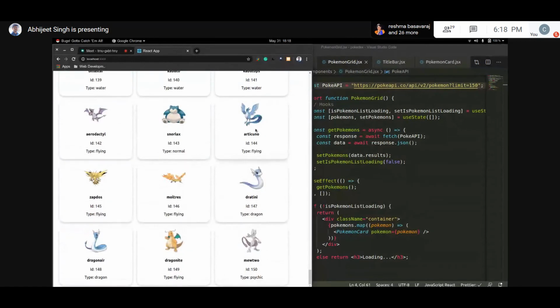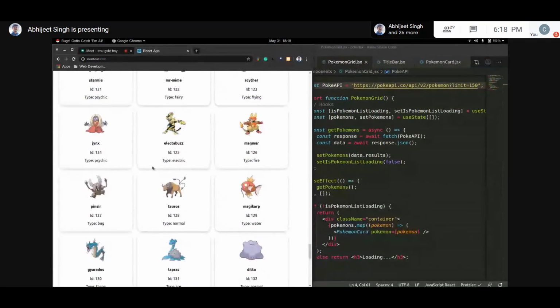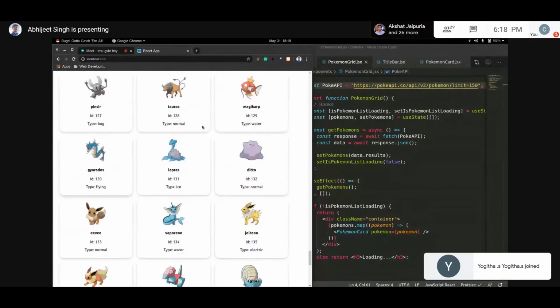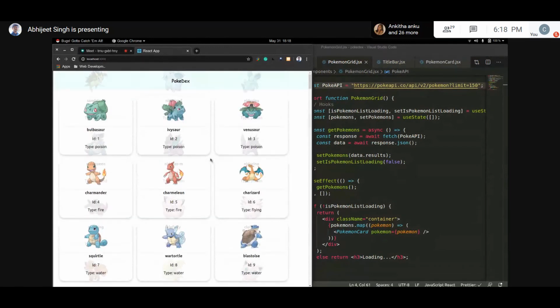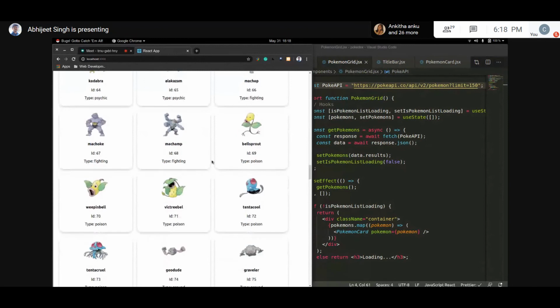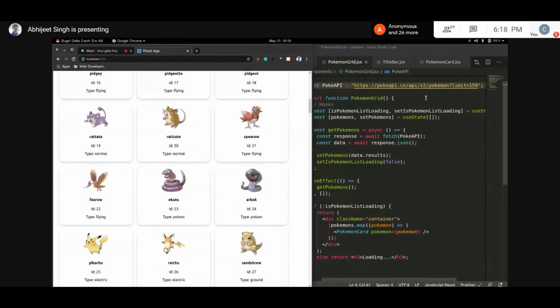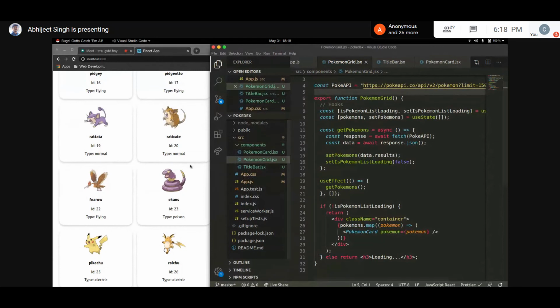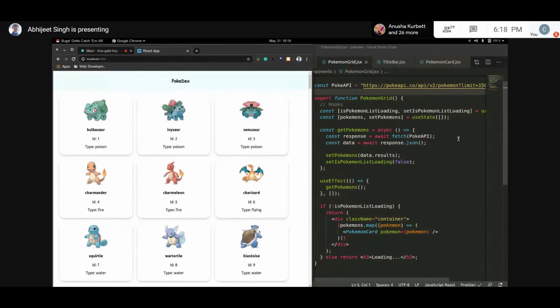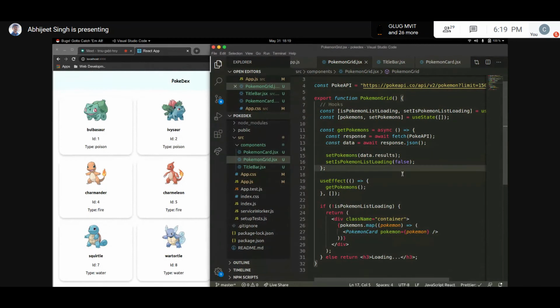They have the type. The birds look like flying types. The ID is correct. This picture says it is Mewtwo. This picture says this is Gyarados. I remember that one. Okay, so everything looks correct, right? So we have built a fully functional Pokédex application which lists the original Pokemons. You can actually increase the limit and get as many Pokemon as you want from this API. And this application is complete for now.